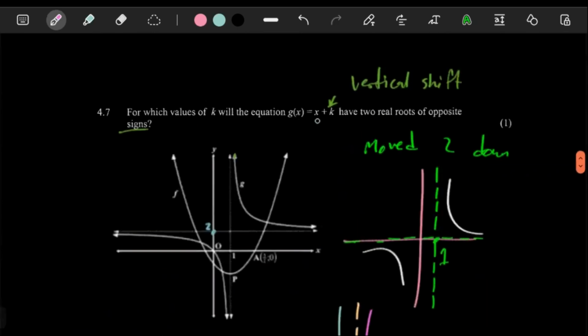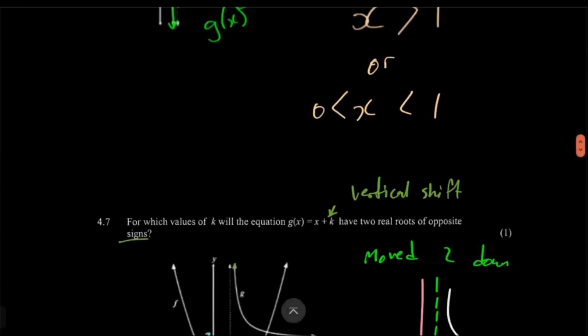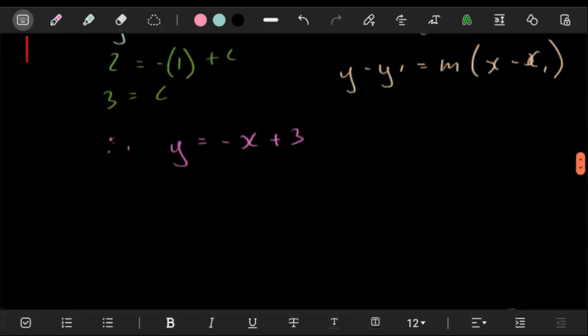For each value of k, will this equation have two roots that are of opposite signs? Yeah, so this question is kind of shady. The reason why it's shady is because, for a hyperbola, two roots of opposite signs doesn't make any sense. The reason is that, with the